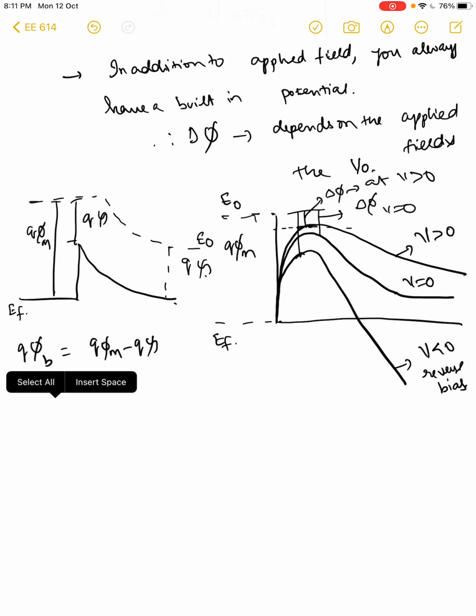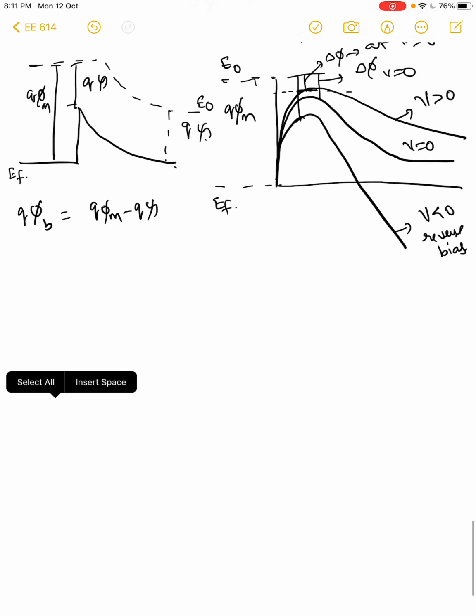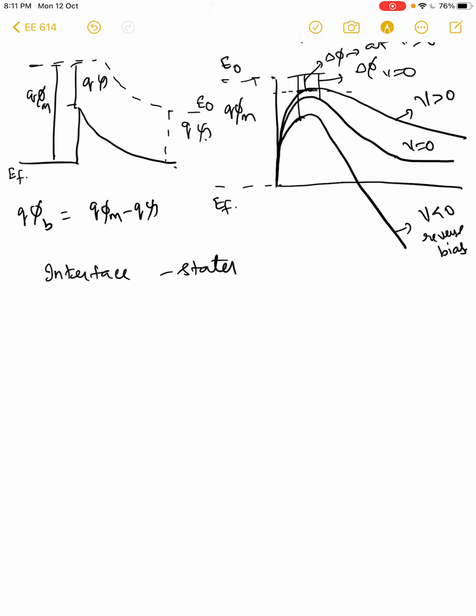So finally, we will deal with interface states. Interface states are another way in which the actual